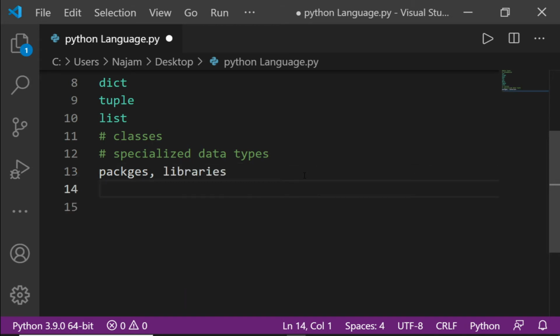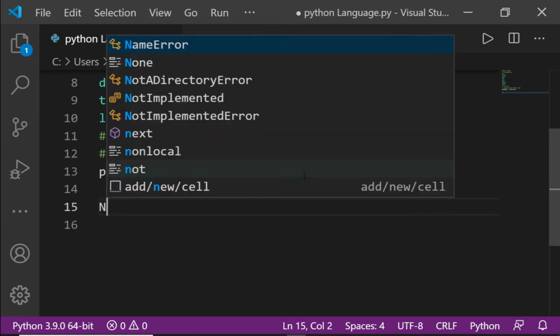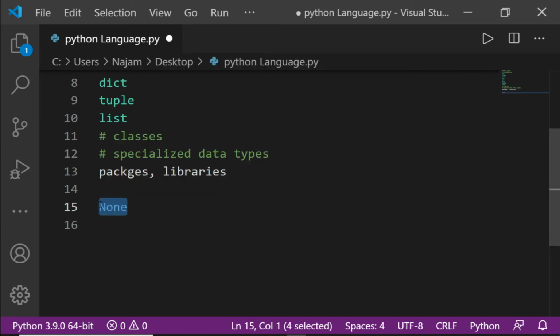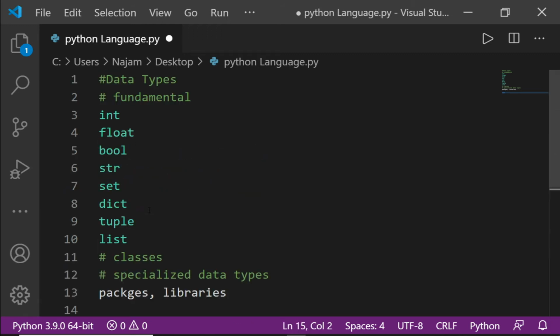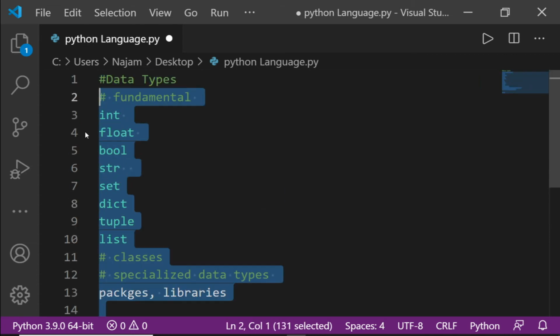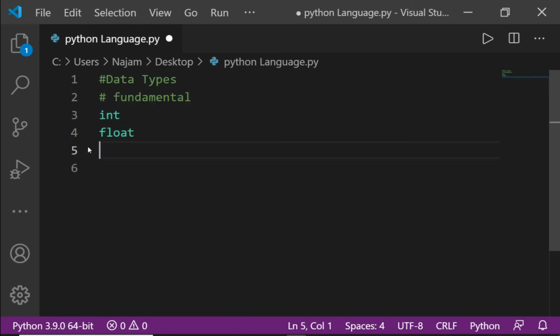And besides all of them, we have another one, None. This is another data type. It means nothing. It may be the idea of 0. It means absence of value. None will not be in the fundamentals part. So let's clear all of them except these two.